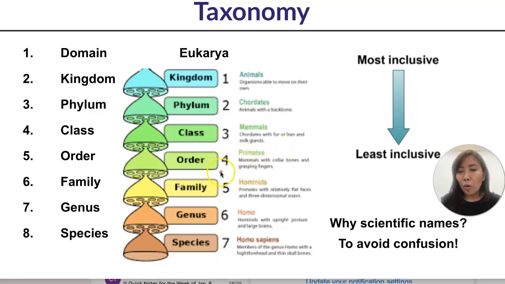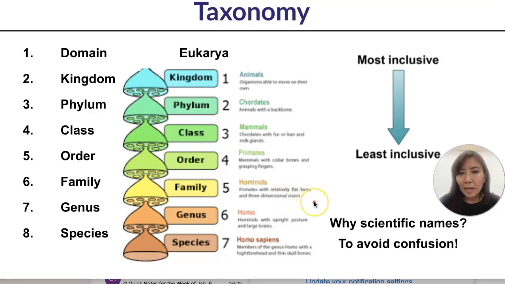And then if you look at our order, right, we're getting more and more specific. It starts off really inclusive, right? Eukarya includes plants and trees and fungi. But then we get more and more detail as we go down in taxonomy. So now we have primates. Humans are primates because they have fingers that they can grasp with. That's one of the main distinctions. And then family-wise, we're hominin, right?